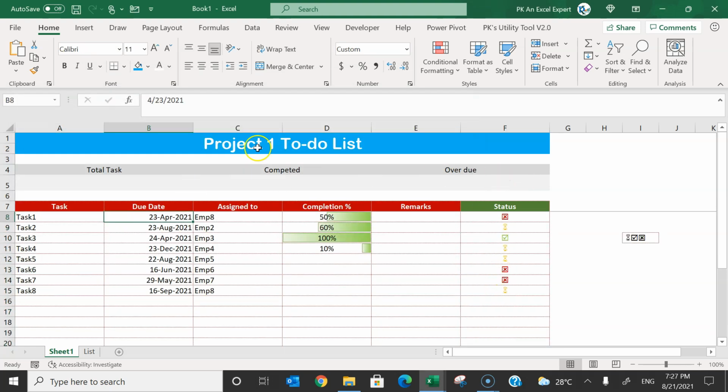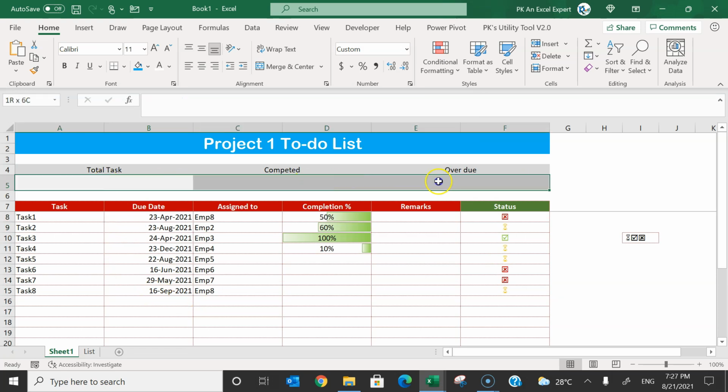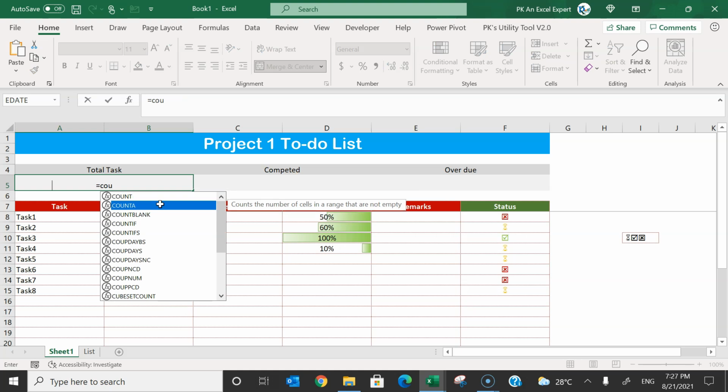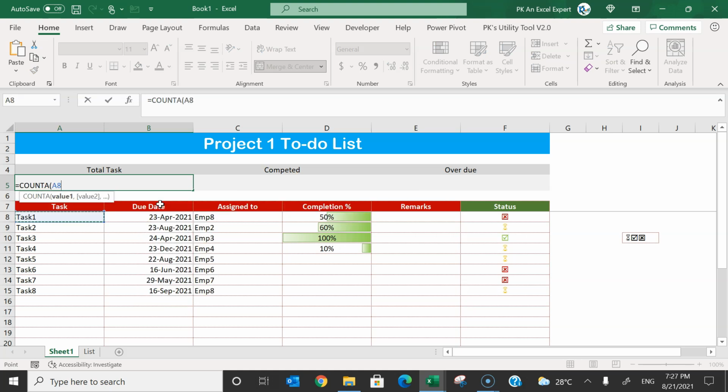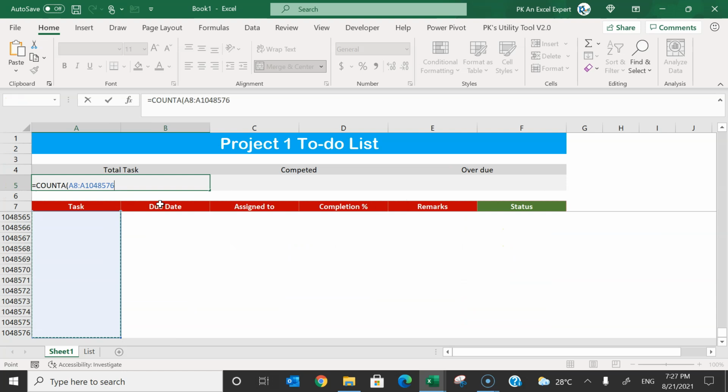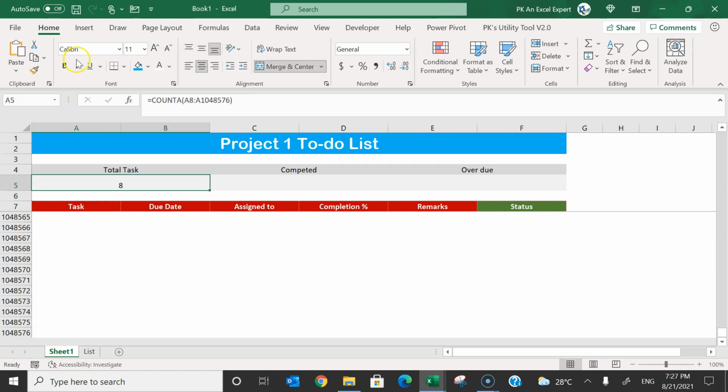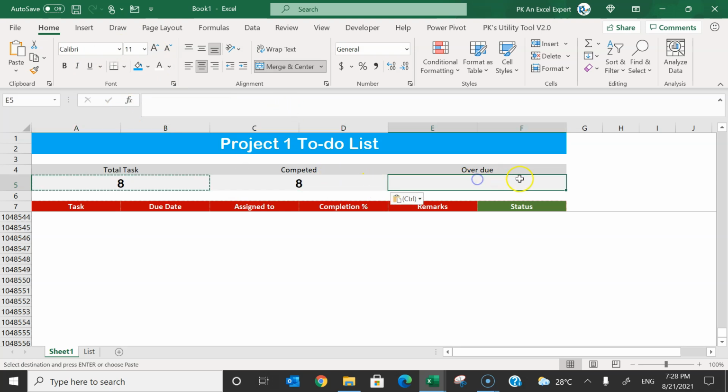Alright, so friends, once you have created this sheet, then we will put these top numbers. For total tasks, you can put here COUNTA of the tasks from row number 8 till the end and hit Enter. So we have the total tasks here. You can take Arial Rounded, empty hole, and make it slightly bigger. You can copy this and paste this here, same function, and we will change the formula.